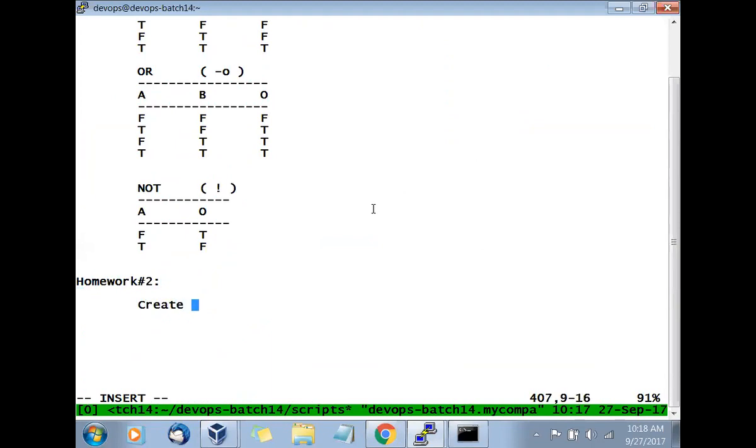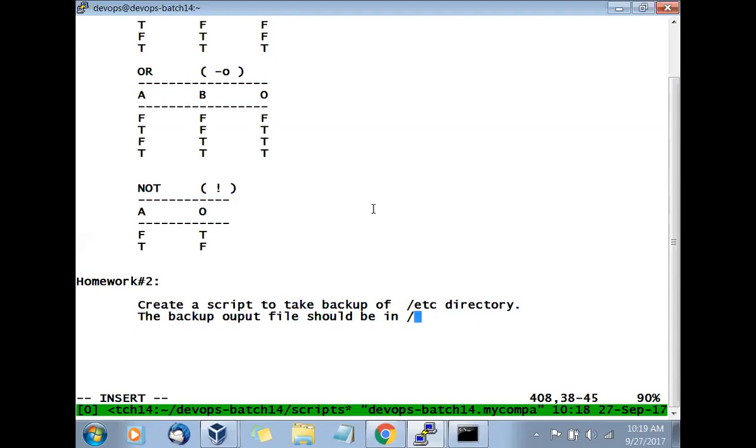Create a script to take a backup of the /etc directory. The backup output file should be in the /backup directory.